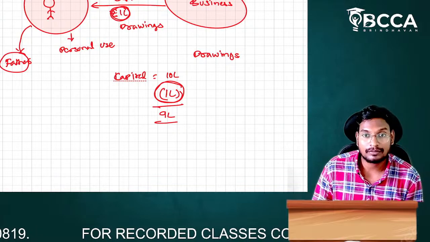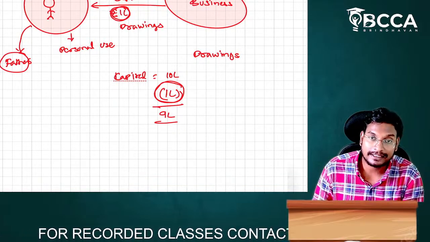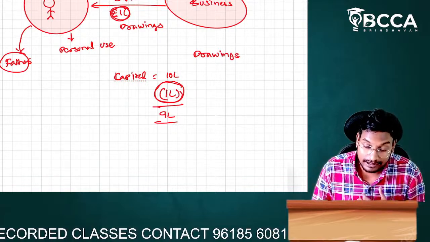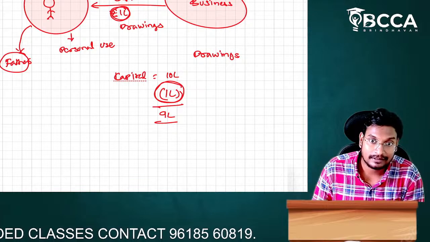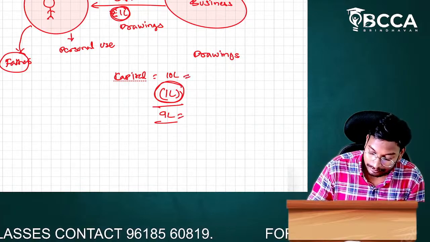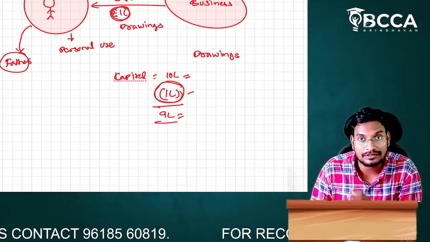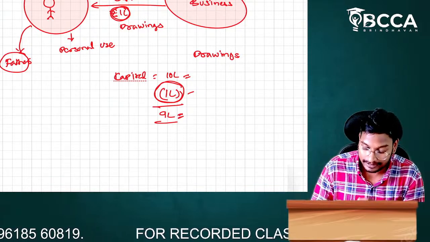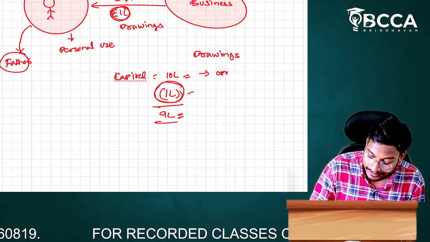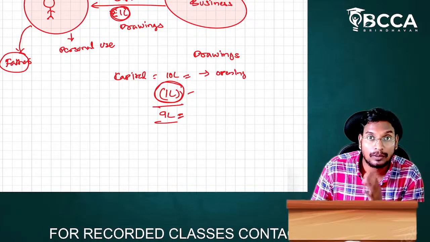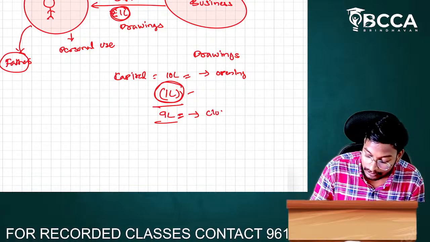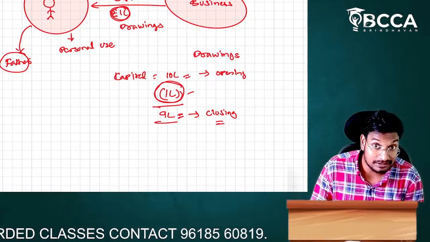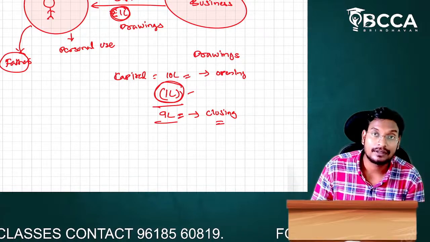If the owner invested 10 lakhs in the business and took away 1 lakh, ultimately we have to pay the owner rupees 9 lakhs. How do we get 9 lakhs? 10 lakhs minus 1 lakh. We reduce the drawings from the capital. Here the 10 lakhs is called the opening capital and the 9 lakhs is called the closing capital. We get closing capital by reducing drawings.